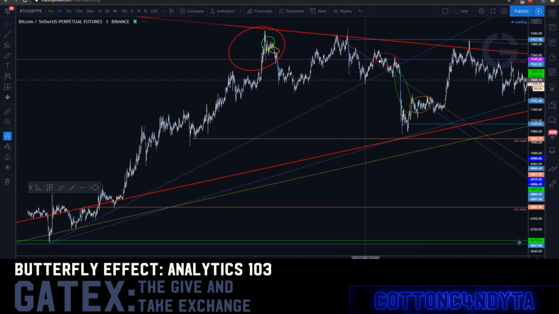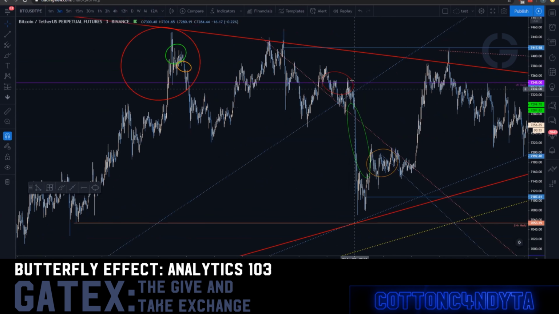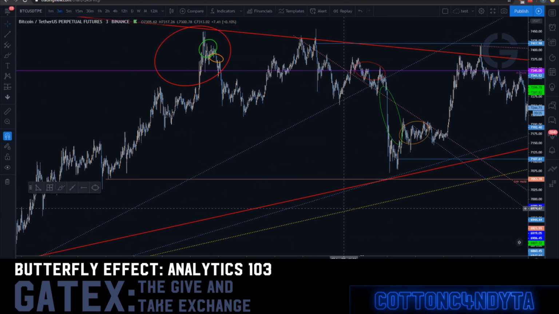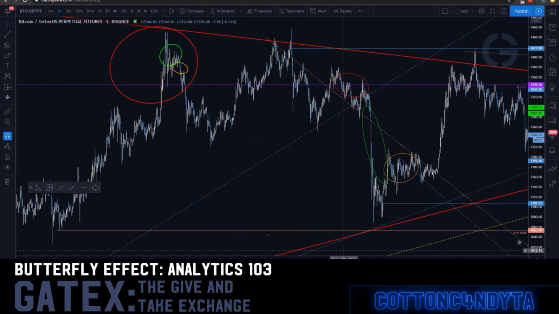So I was seeing it here, it bounced off trend, it came up, it hit this hold level. So I said, right, maybe it's going to inverse off this. It did. It inversed off it, great, went down, hit trend, broke trend. I was going, hallelujah. But then, of course, it zoomed back up.